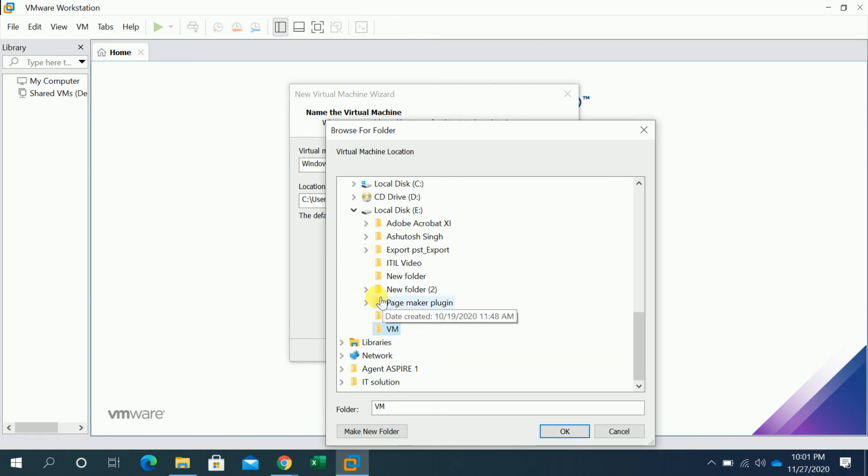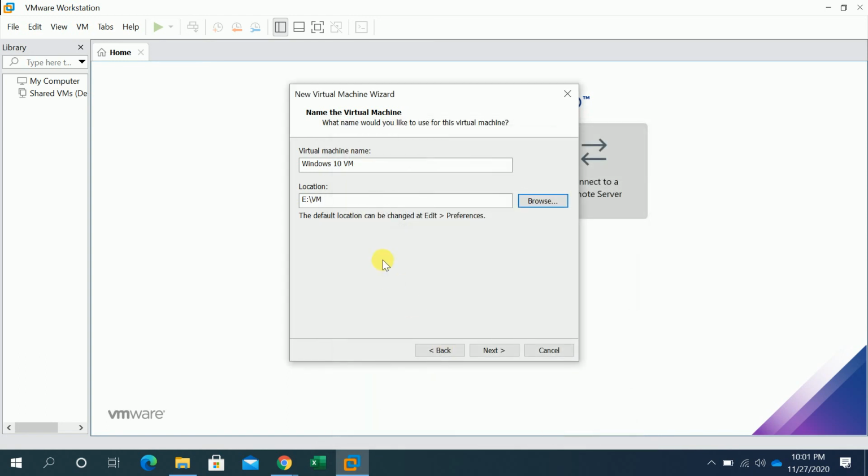If you want to create another new folder, you can create it here. So this is the VM folder, and I will click here. It shows the location E slash VM folder. Then you click next.